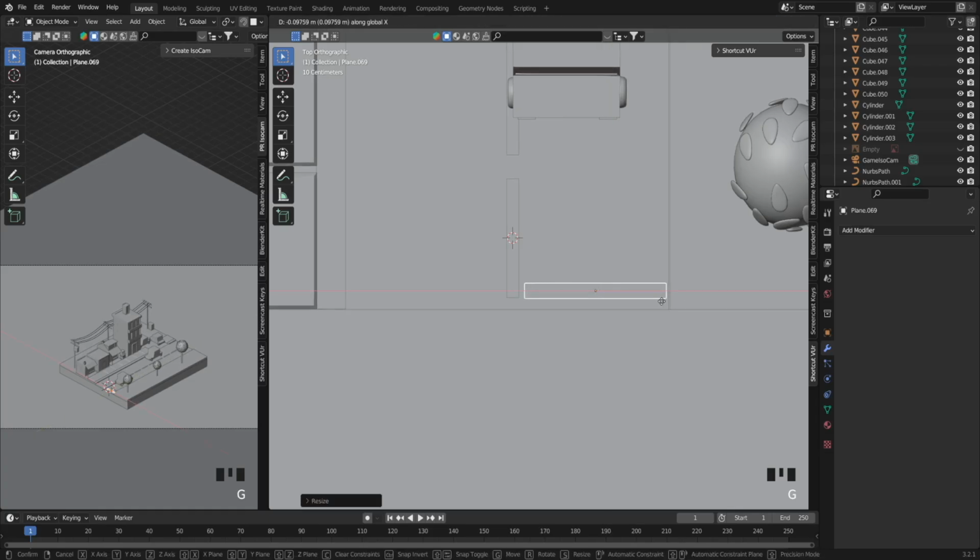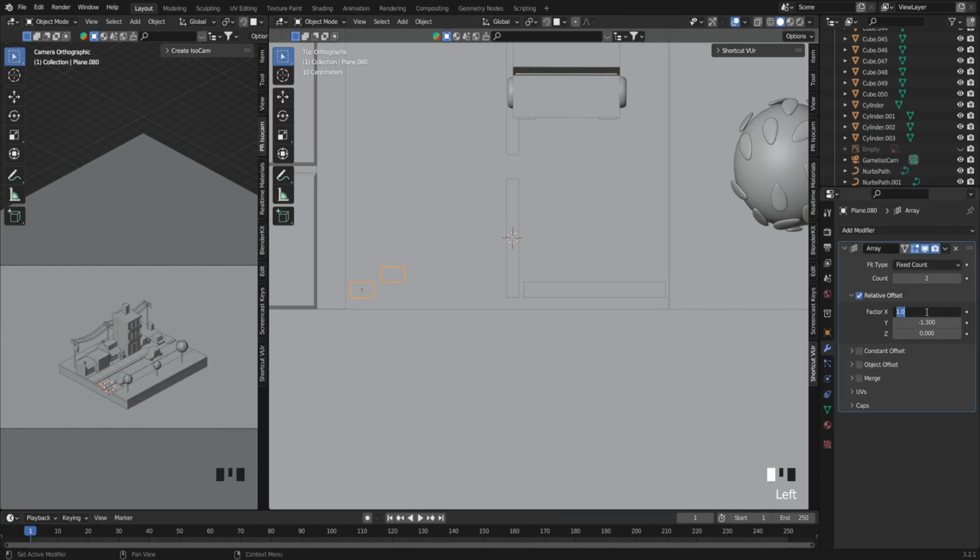Almost fully and move it within our border. There we go. Move it up just a little bit and move it across on the left hand side. And let's scale this down on the x-axis quite a bit. And let's move this along the x-axis. Let's set the factor x to 0 and the y to 1.3, and let's add five different